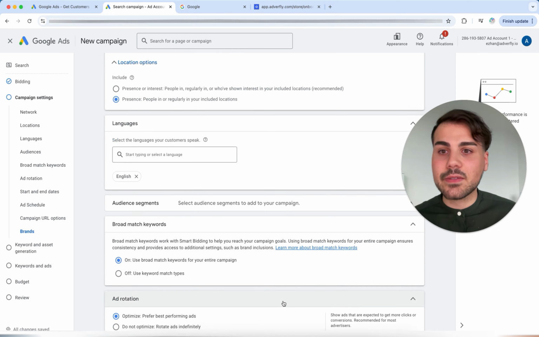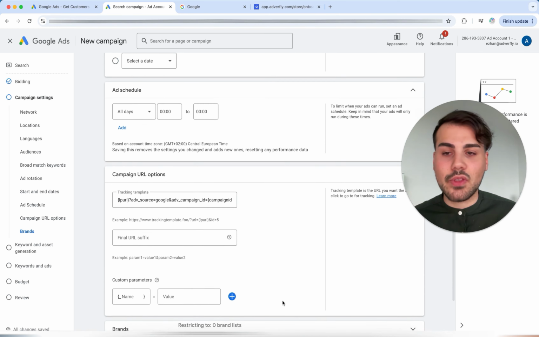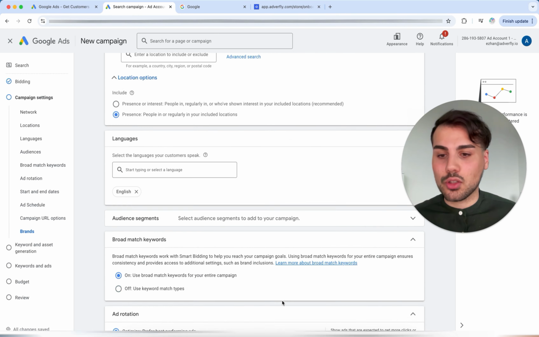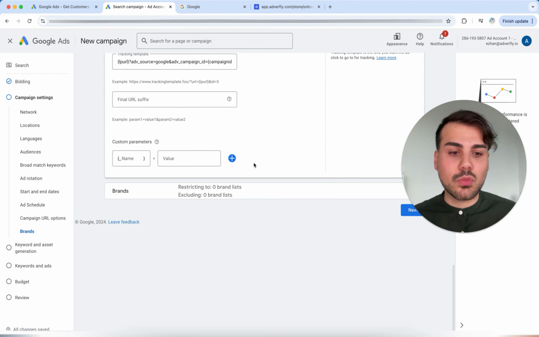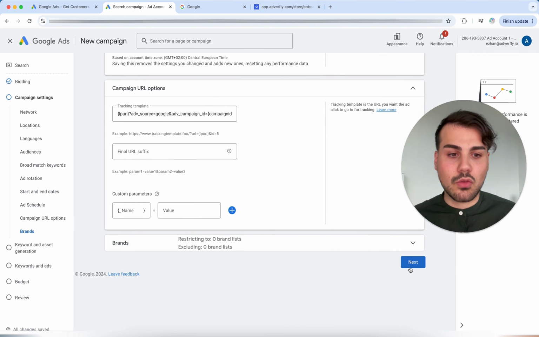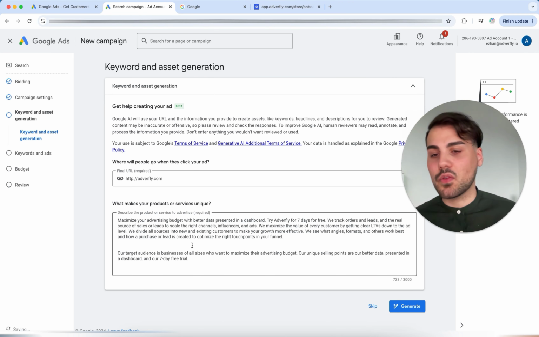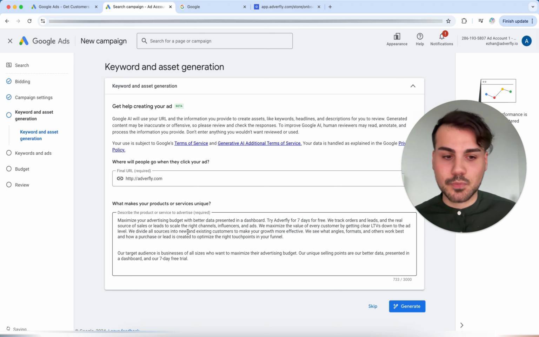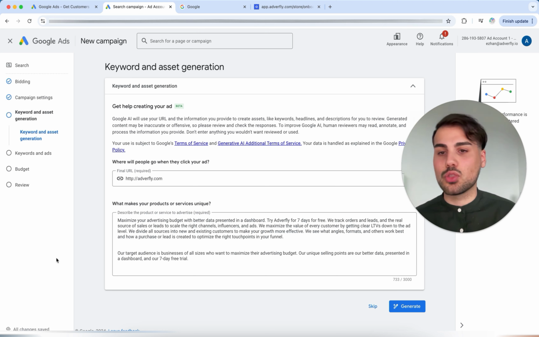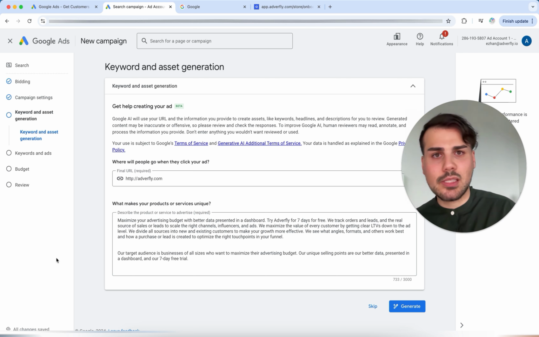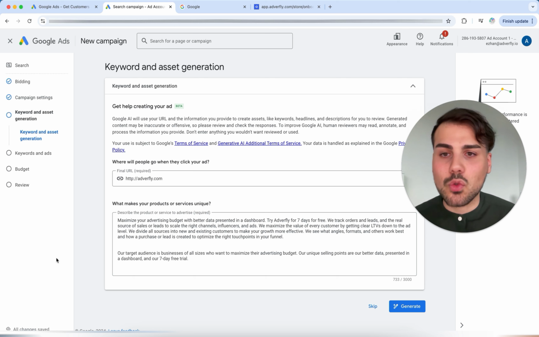Now we can click on next, which we will do briefly, because I mentioned that we still have the keyword level with the keywords, and that's why I can click on next here, and then we land on this level. Google has now built in the option that Google sets up the keywords. Personally, I prefer to do it myself because often Google's keywords are not good.